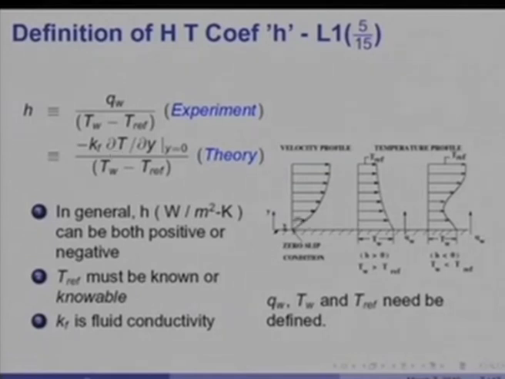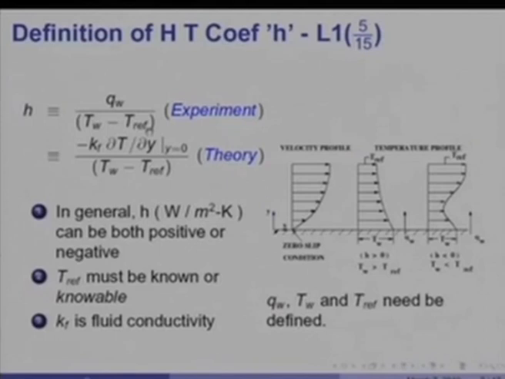Here I have shown the velocity profile, the most commonly occurring temperature profile for positive heat flux. But we could also get situations in which TW is less than T reference, but still the heat transfer is positive. That is because the temperature profile here has a negative gradient at the wall and TW is less than Tref. So, in general then H can be both positive or negative, because in this case QW is positive, TW